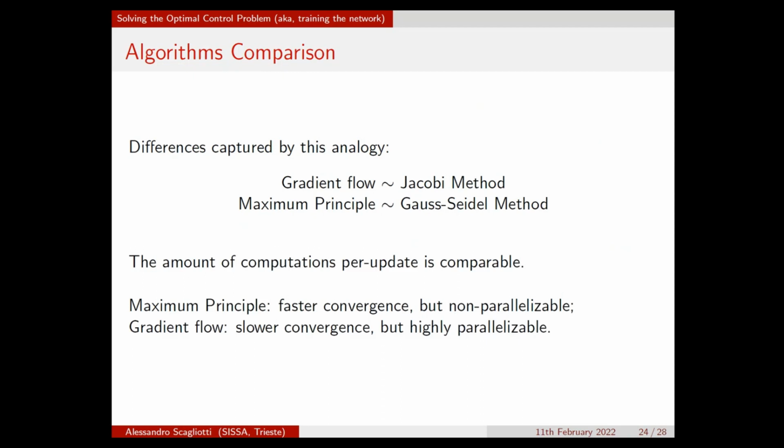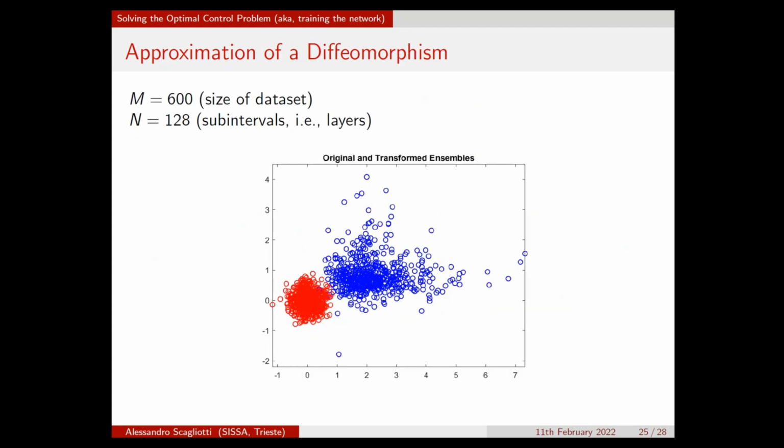In the maximum principle case, we have a faster convergence per iteration, but the problem is that the algorithm is non-parallelizable. In the case of the gradient flow, we have a slower convergence per iteration, but this algorithm is highly parallelizable. Okay, so finally, I reported a numerical experiment of